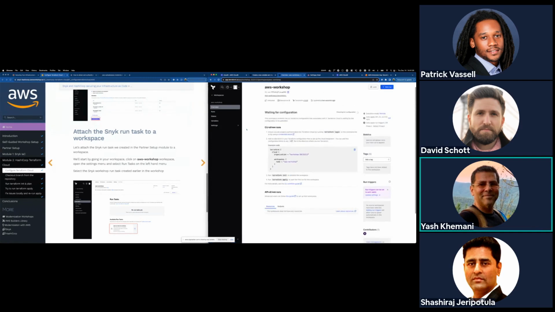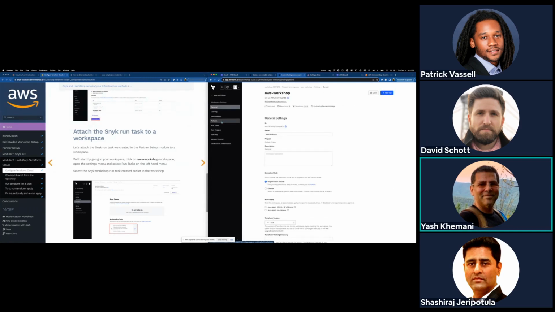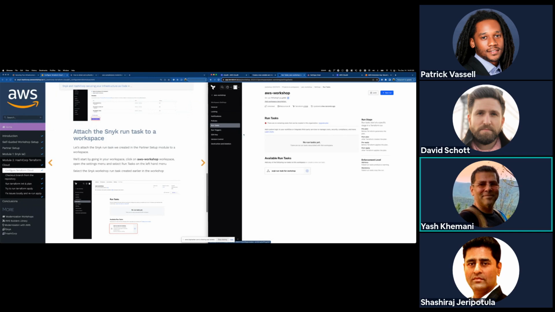So if I go into the workspace settings, I can then go into run tasks. And I'll only have the ability to do this based on my role, right? If I'm not a privileged user, I'm just a consumer of that workspace, so I'm able to do a run on it, but I can't admin the workspace. Then I can't just come in and willy-nilly enable or disable run tasks, right? If the admin has configured this run task for this workspace, I am bound to adhere to it.